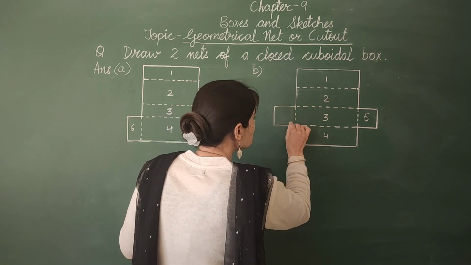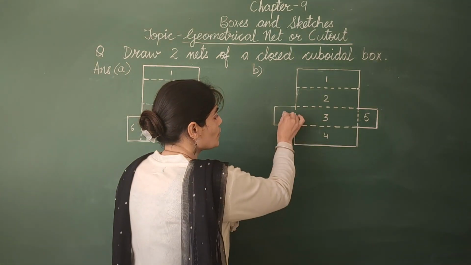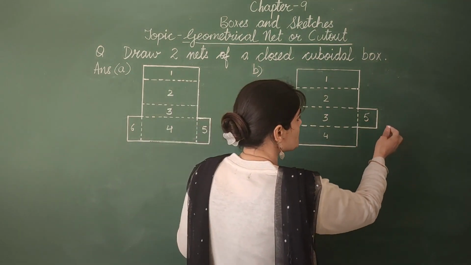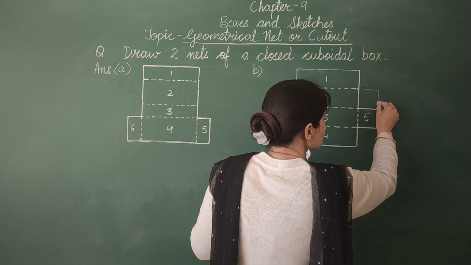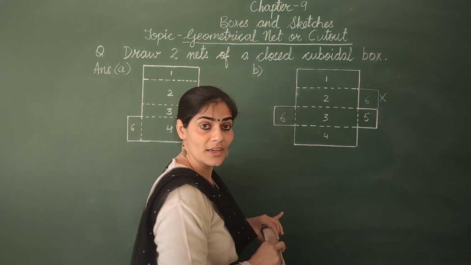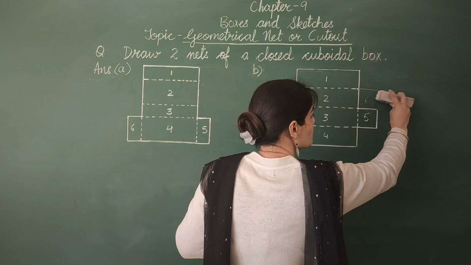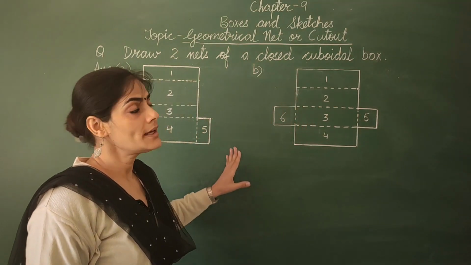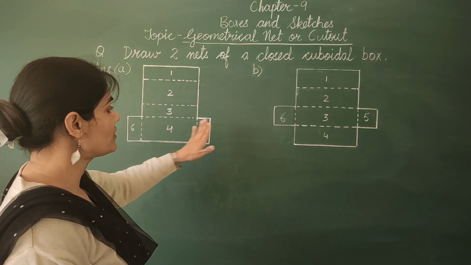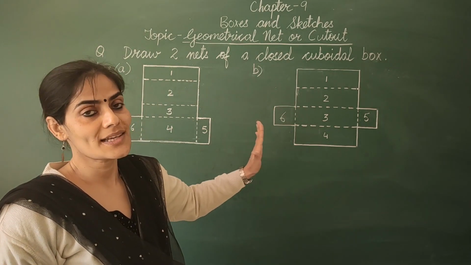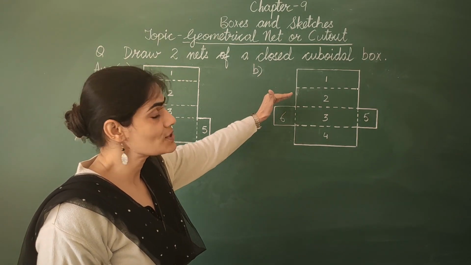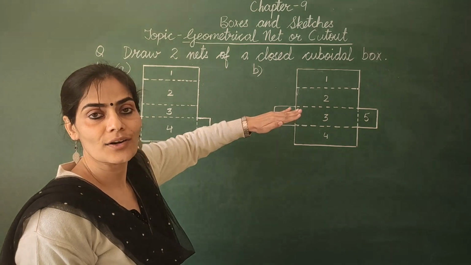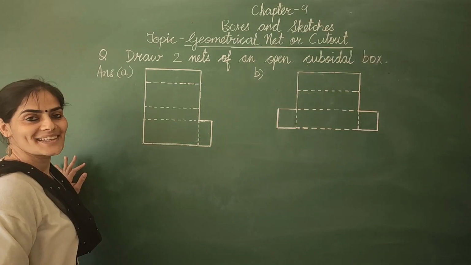Remember that both the side faces should not come on the same side. It's not feasible that I draw both the side faces here. Then it is going to be wrong. One face should be on the right side and the other should be on the left side. Now second thing, why do we have these dotted lines here? Beta, same rule. These dotted lines show the lines at which these faces are going to fold.